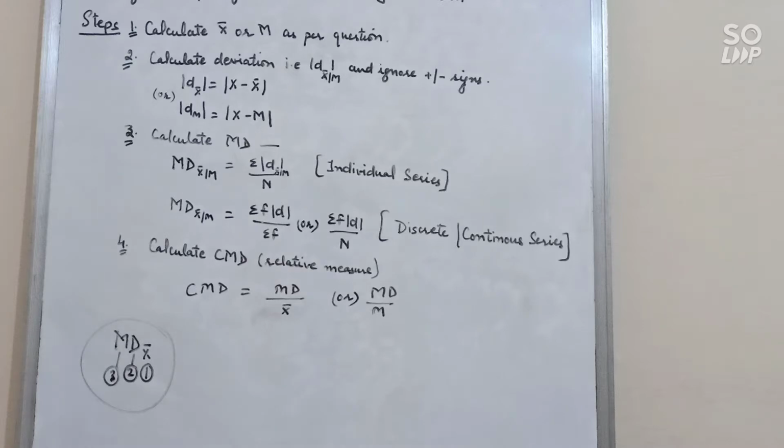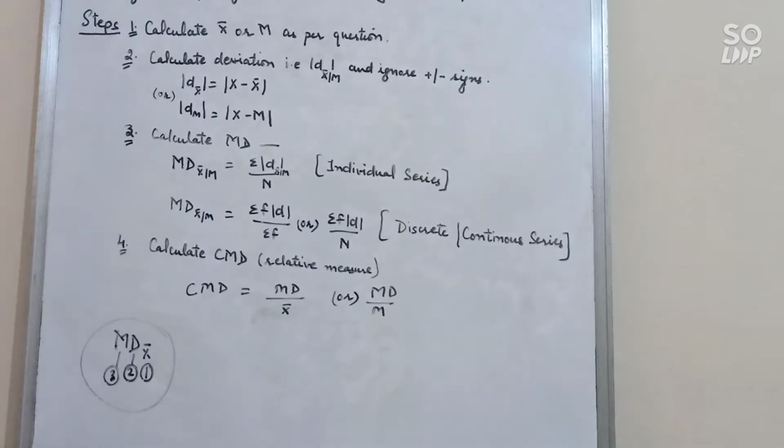Now the problem is how you can learn these steps. There is no need to learn. All these steps are automatically in the name. Let's see how. If the question is find out mean deviation from mean, first you will write mean deviation, mean. So the first step is calculate mean. Second step, calculate deviation. The formula of deviation, if you are calculating from mean, is x minus mean. And mean means you need to find out mean deviation, so the formula will be sigma d upon n. So it's very simple to learn all these three steps.